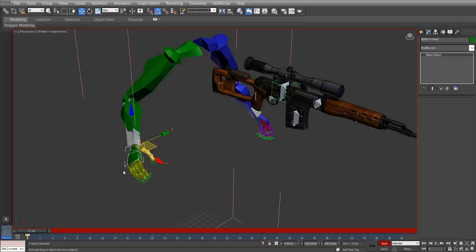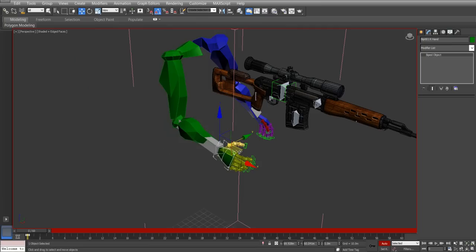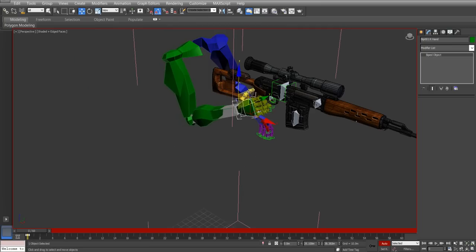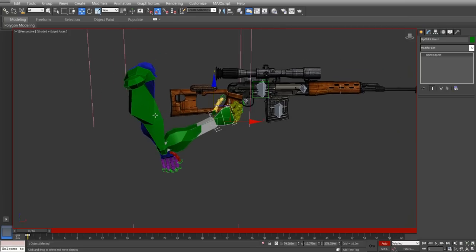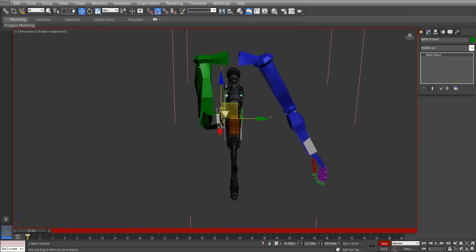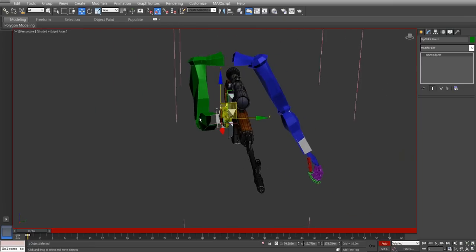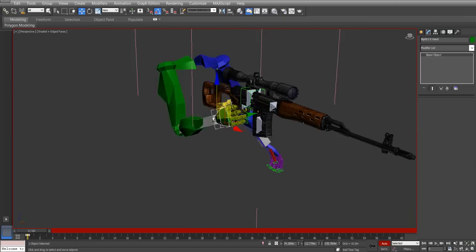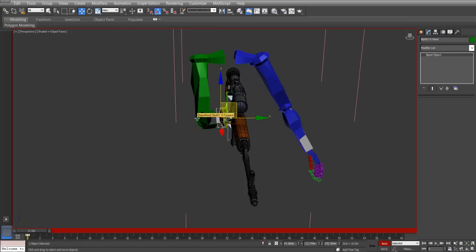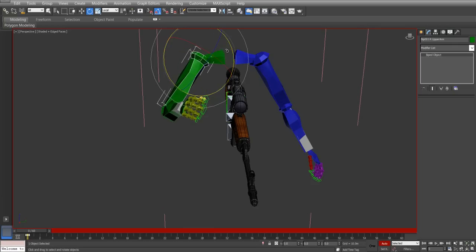So starting at frame 0, we'll grab the hand and we'll roughly move it in place. Now you'll start to see that the upper arm and elbow is kind of more in, instead of being angled out and in. This is the time to fix that now. If you leave it this way in your rough adjustments, when it comes time to be moving the weapon around, you'll start noticing that the elbows start pushing in further and further and further, and it becomes a nightmare to undo. So we'll go ahead and give it some broad shoulder